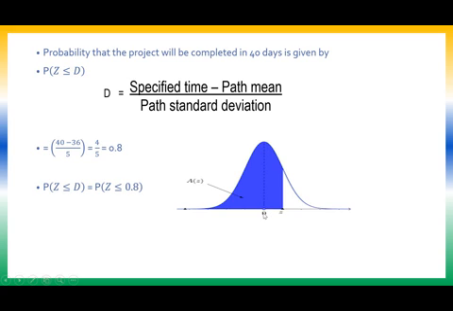See, here is the middle value 0. All the values behind it are negative, and the values after 0 are positive. So 0.8 must appear after 0 only, right? So it must be some value after 0, 0.8. So for this I am supposed to look into the table value,